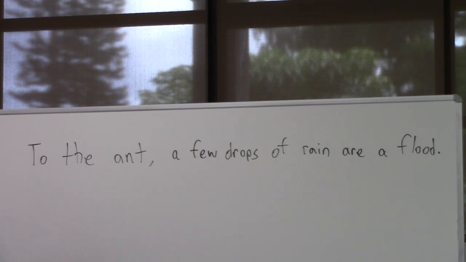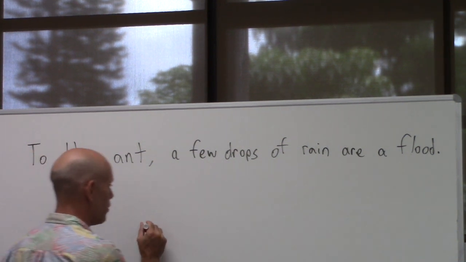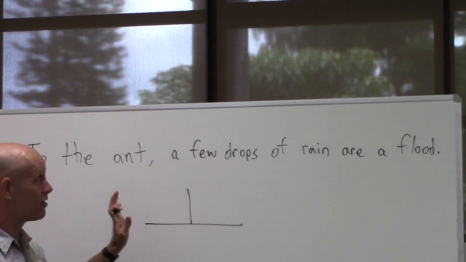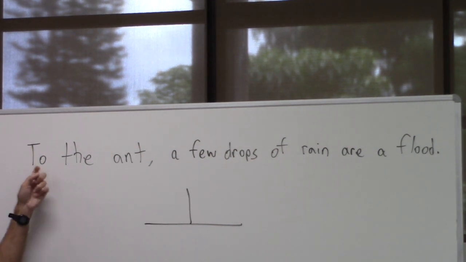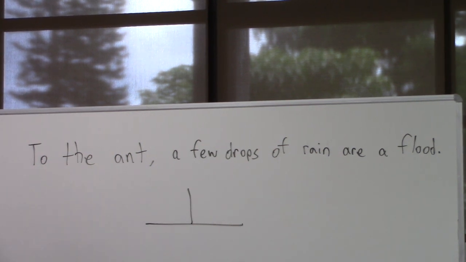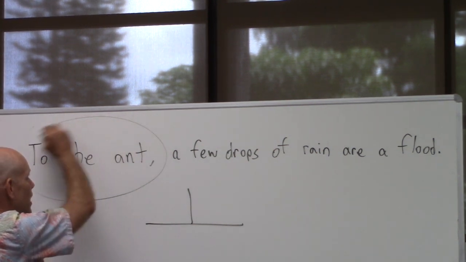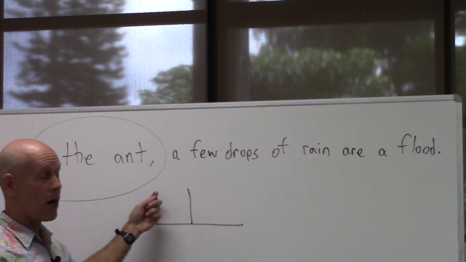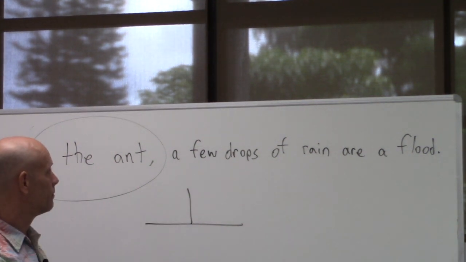All right, I don't know what's going on yet, so I'm going to do at least this. Every diagram will start off looking at least like that. Now, what kind of word is this? To the ant. All right, well, we're starting with a prepositional phrase at the beginning of the sentence. That we will save for later. What is your subject, brah? Your subject is the ant.